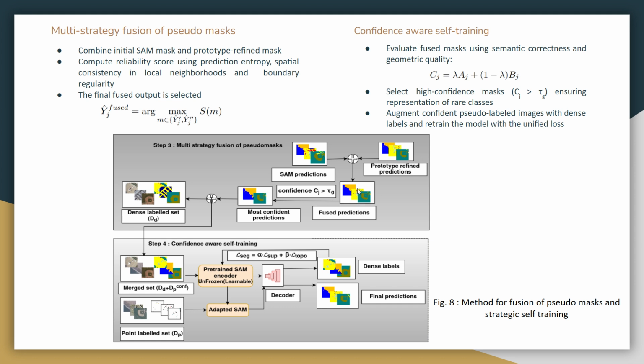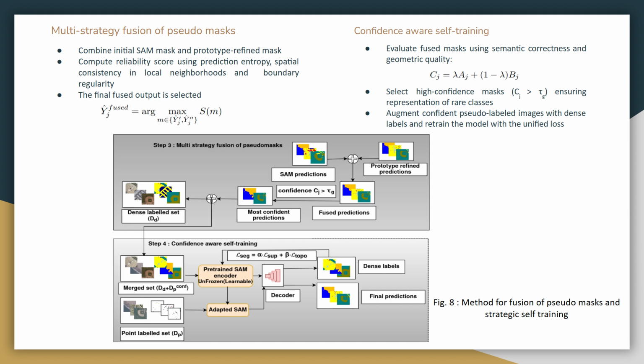Now, these fused predictions will be there for each of the weakly labeled images. But we cannot add all of them to the dense label set because it might introduce errors in retraining of the model. So we have to find the most confident predictions.